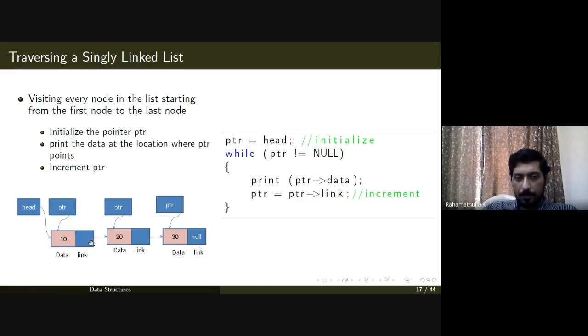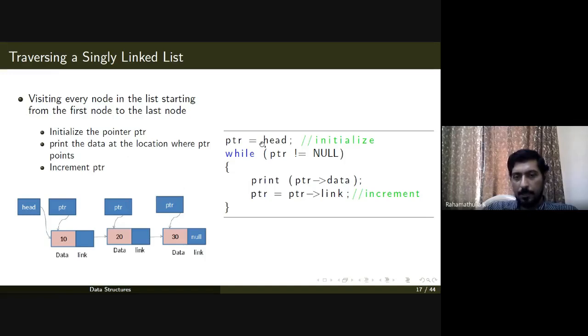We know that you are traversing through the entire list one node at a time. You use 1 unit of time for the first node, 1 unit of time for the second node, and so on. If you have n elements in your linked list, then you will be consuming order of n time for doing this.